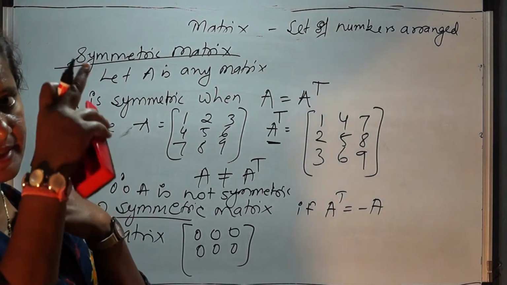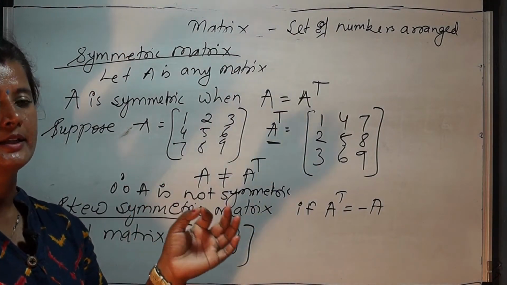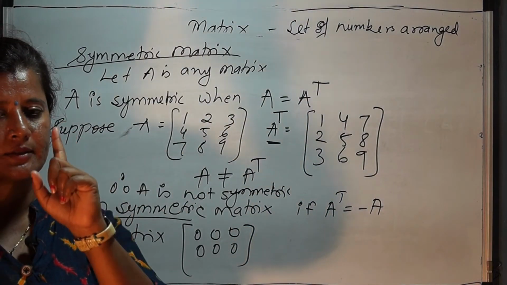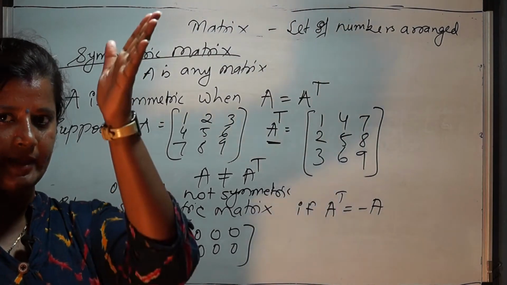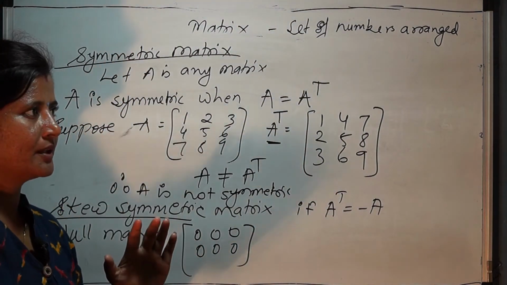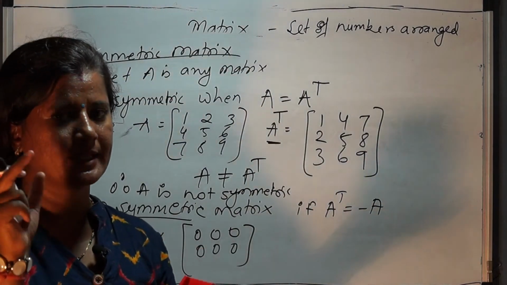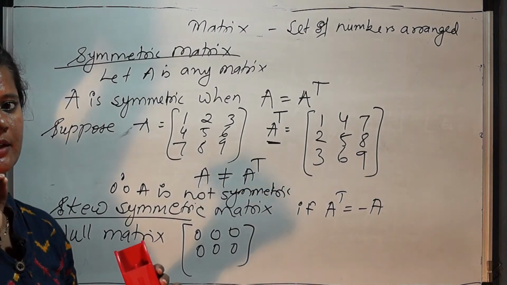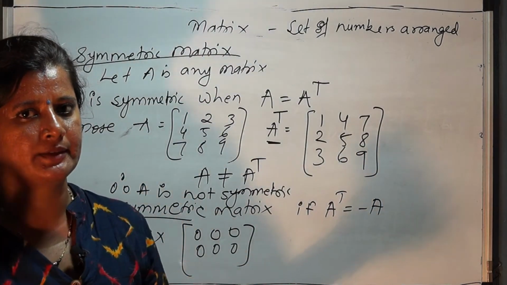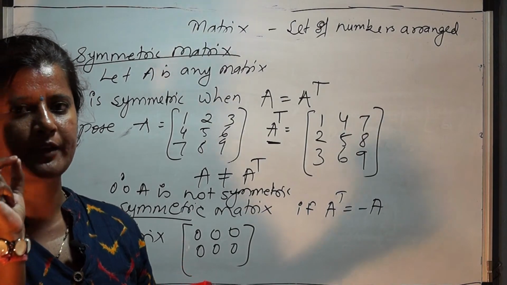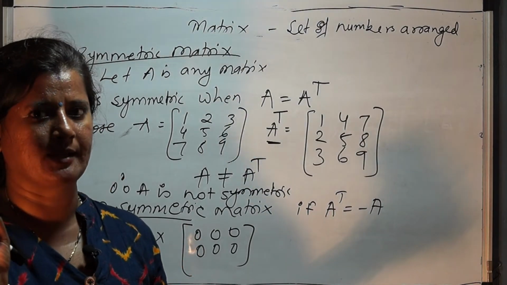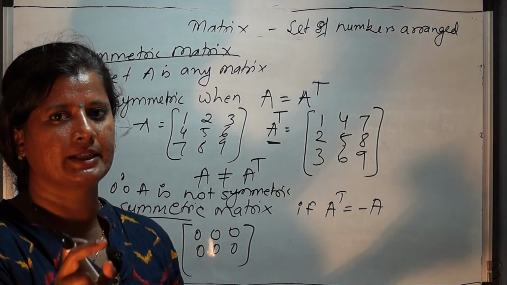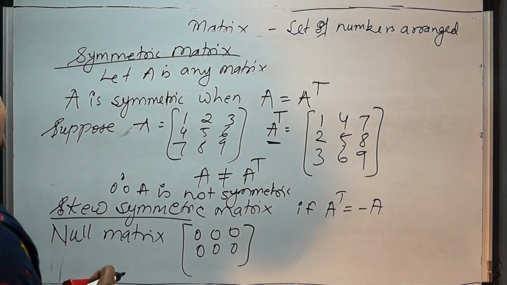Diagonal matrix, in diagonal there are numbers. Then unity or identity matrix, in that diagonally only one is the element. And scalar matrix, diagonally there should be the same number, same scalar quantity, either 2 2 2, 3 3 3, 5 5 5. 5 5 6 is not scalar, because the numbers differ. Diagonally there should be the same number, then it is called a scalar matrix.